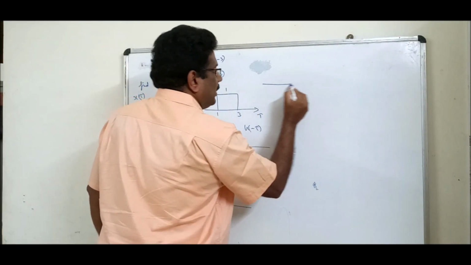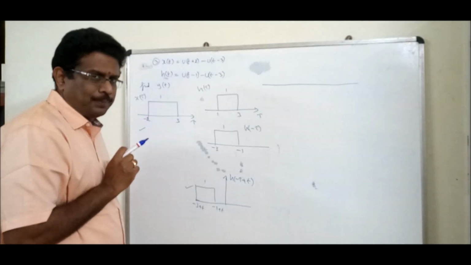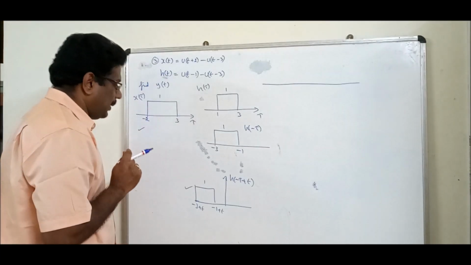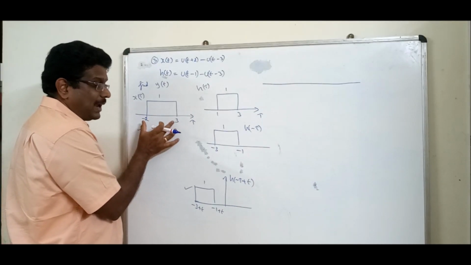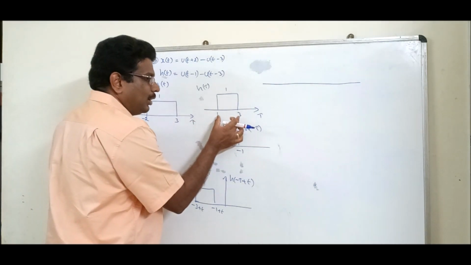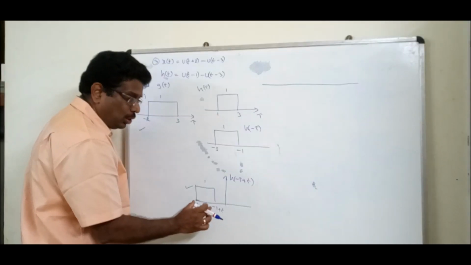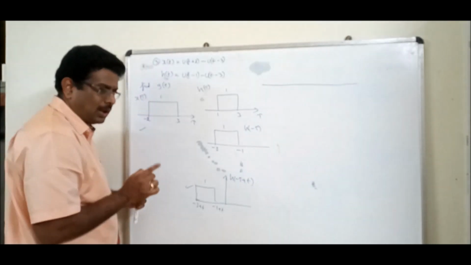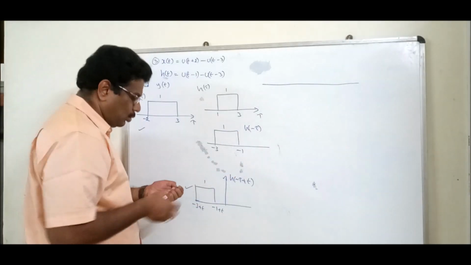Let us draw the fixed signal. I am going to give very important tips. It is a very critical work. Think and tell me what is the gap. Minus 2 to 3, is it 5 gap? The gap is 5 units. What is the gap here? 2 units. 5 units, 2 units. So who is bigger width? This one. Who is smaller width? This one. You should draw according to the width. Otherwise you will get a problem when you do the convolution.